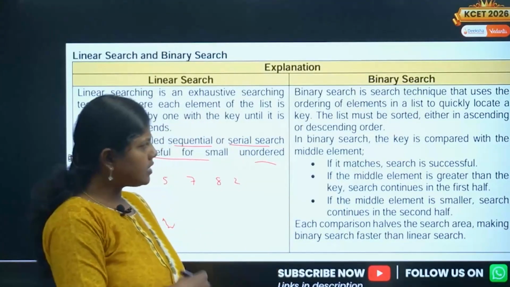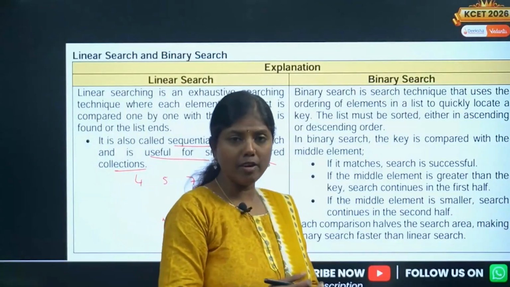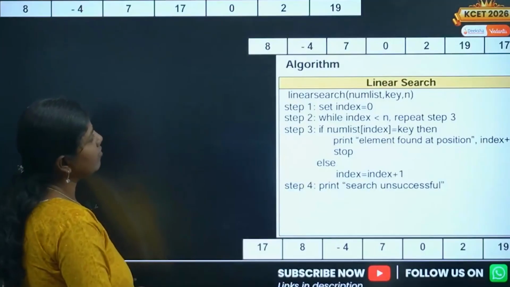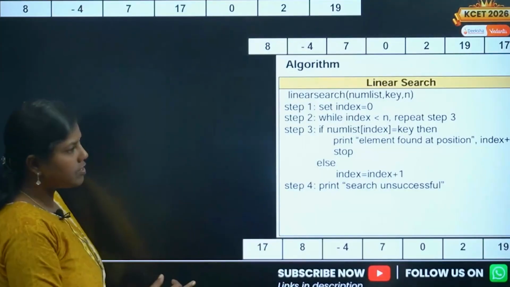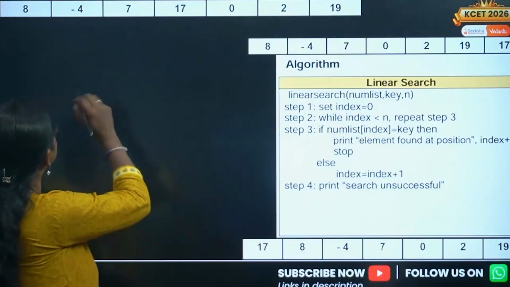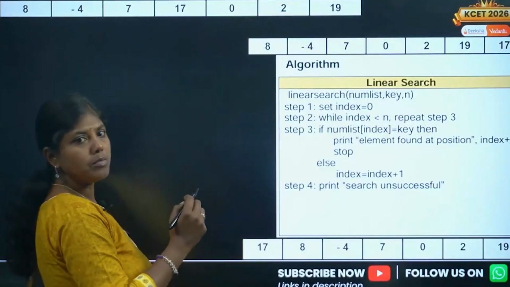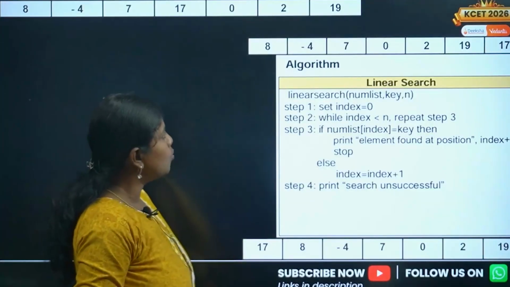Then we have binary search. First we'll understand linear search, the algorithm, how it works, and then we'll go for binary search. So what do we have here? For linear search, I've taken some numbers, 3 different lists. We'll take the first list here. You're able to see this entire number set: 8, minus 4, 7, 17, 0, 2, and 19.